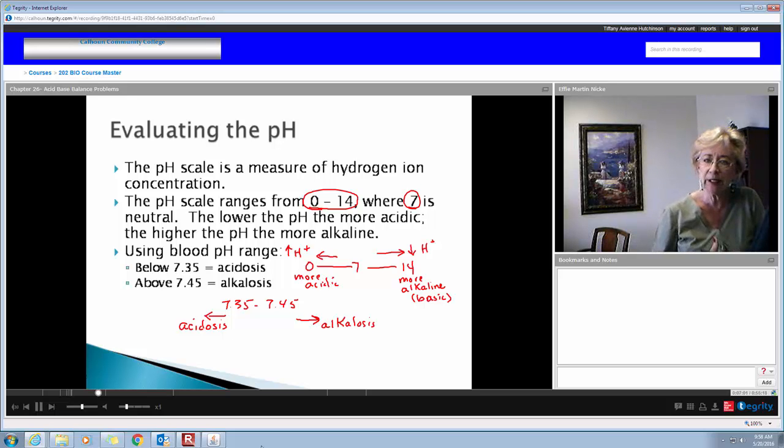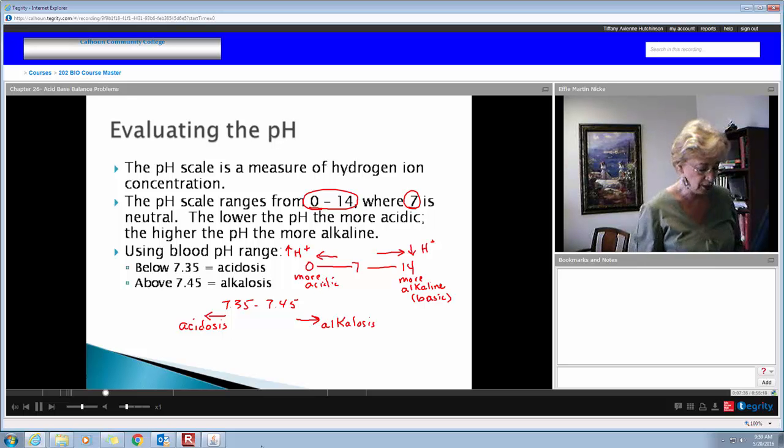If this is a homeostatic situation and your body can't maintain it, what will happen to you? You die. That's right. So your body has adjustments that it can make to try to keep the pH in this range. You might tolerate slightly out of the range for a shorter period of time, but typically you're going to have bad symptoms. As a result, you're going to wind up in the doctor's office and ultimately in the hospital, where they're going to try to help you get that pH back in range.